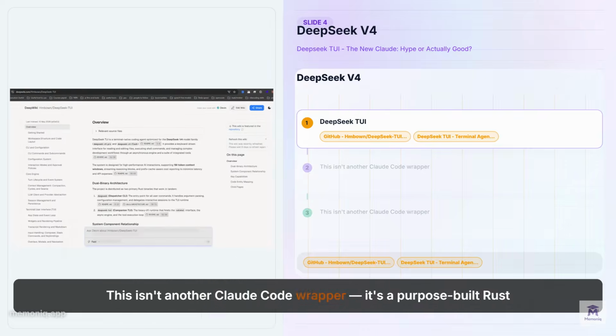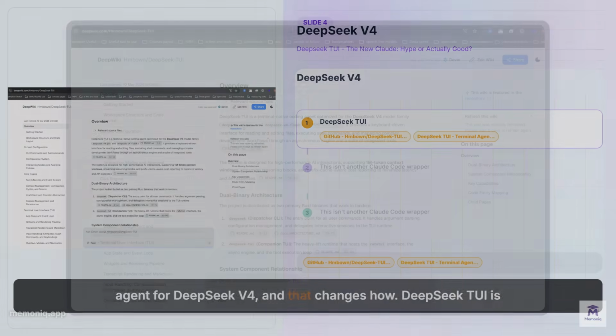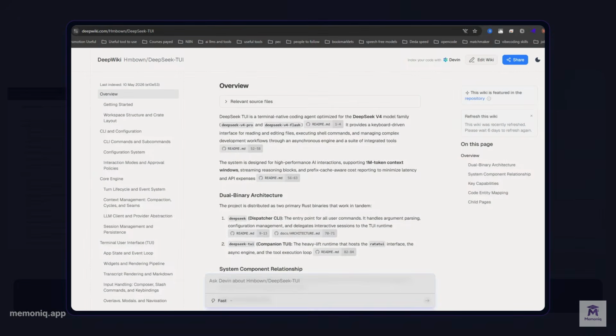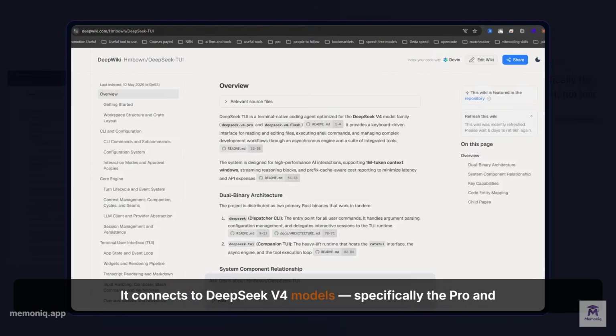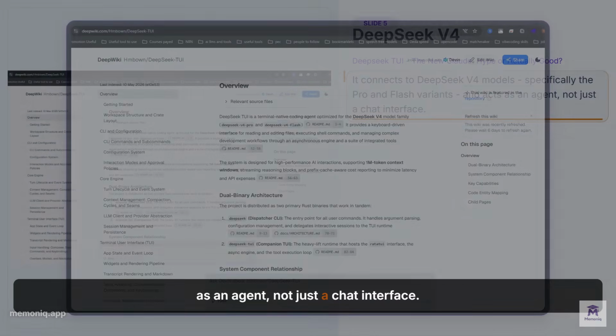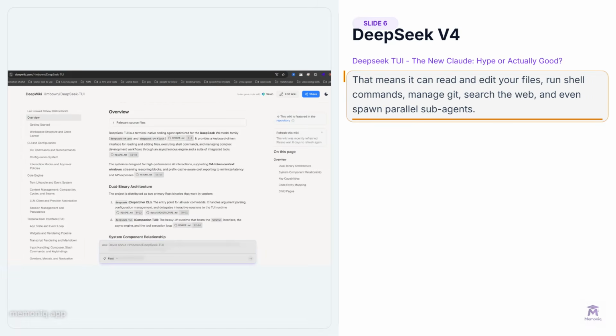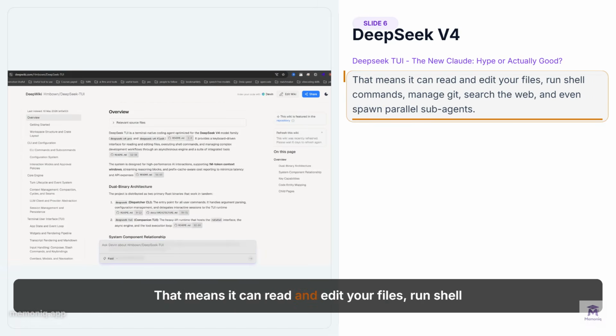This isn't another Claude Code wrapper, it's a purpose-built Rust agent for DeepSeek V4. DeepSeek TUI is an open-source coding agent that runs entirely in your terminal. It connects to DeepSeek V4 models, specifically the Pro and Flash variants, and acts as an agent, not just a chat interface. That means it can read and edit your files, run shell commands, manage Git, search the web, and